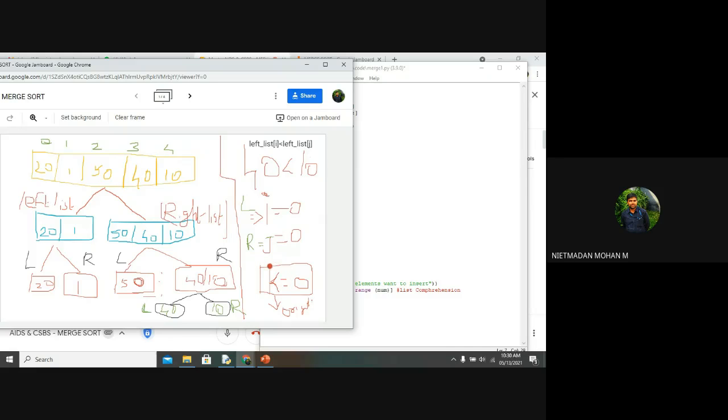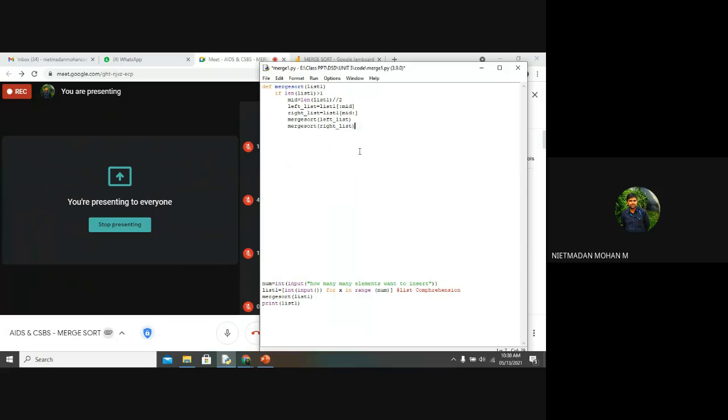You just imagine whatever I am telling you. i is equal to 0, j is equal to 0, and k is equal to 0. The i means the left list, the j means the right list, and the k means the original list.